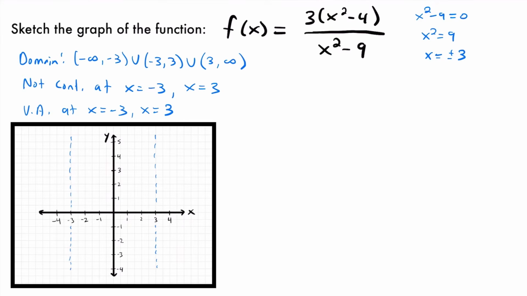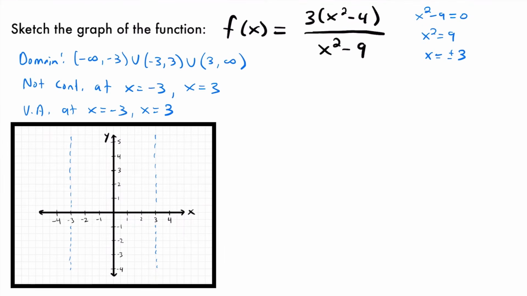And so while we could go through and take the limit of this function, I would rather use the little trick that we learned from using the limit at infinity to help us determine where the horizontal asymptotes are. And so that trick is to look at the terms in your numerator and denominator and look at the coefficient of your term with the highest degree. In this case, our two terms with the highest degree in the numerator and denominator would be this x squared and this x squared. Now, both of them have the same degree of 2,